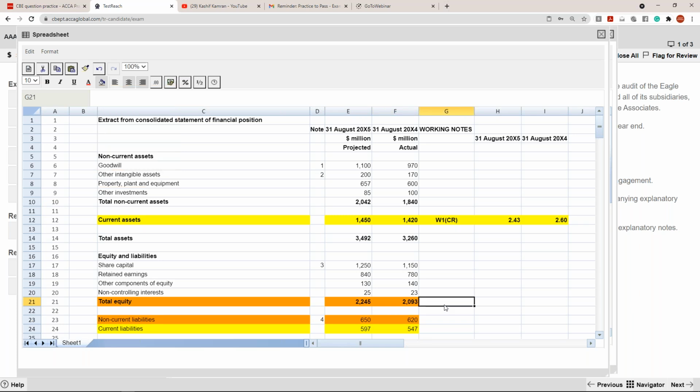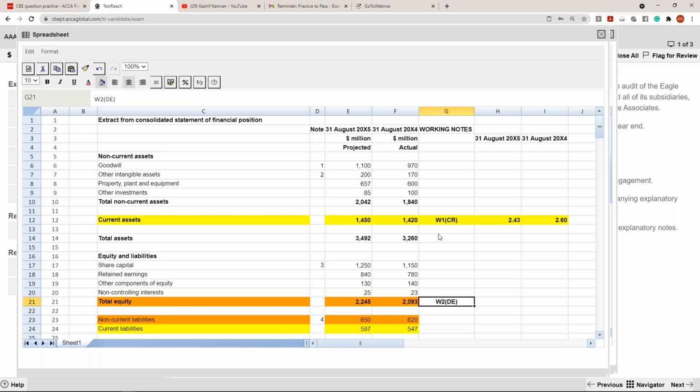So can you do the working number two of the debt to equity ratio? Working two of the debt to equity ratio, DE, debt and equity ratio. So you can find the answer for a debt and equity ratio and write the answer. So see how I'm formulating my working on the Excel.